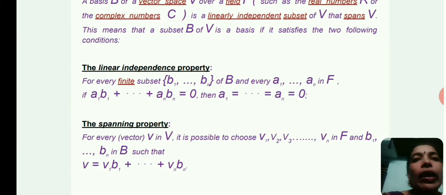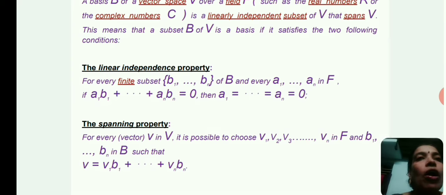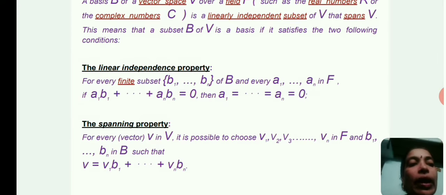What is the linear dependence property? Let V(F) be a vector space over the field F. Then a set S equal to alpha 1, alpha 2, and so on up to alpha n of vectors is said to be linearly dependent if there exist scalars a1, a2, and so on up to an belonging to F, but not all zeros, such that a1 alpha 1 plus a2 alpha 2 plus and so on up to an alpha n is equal to 0 bar. This is called the linear dependence property.